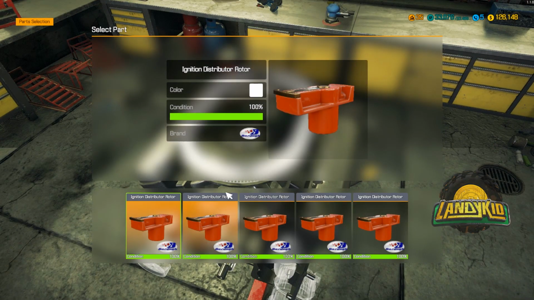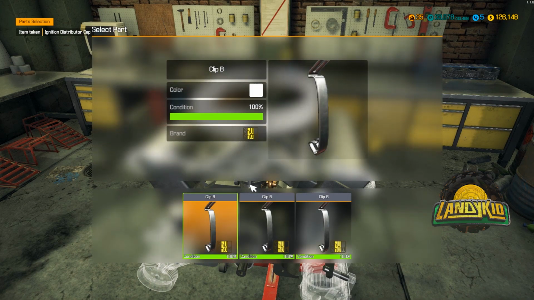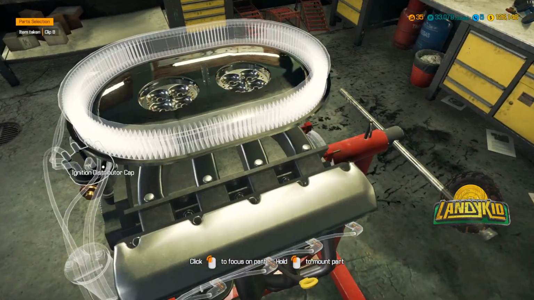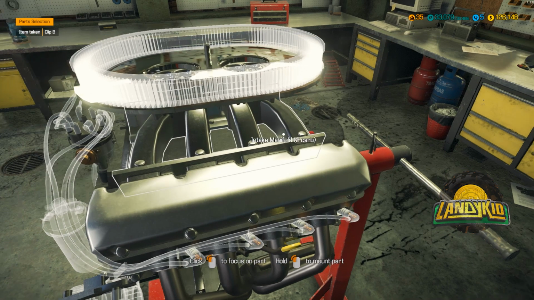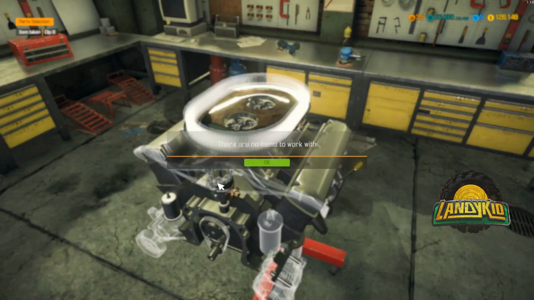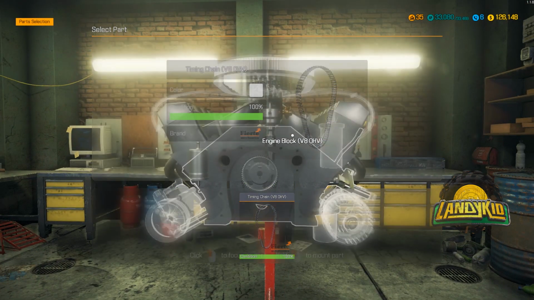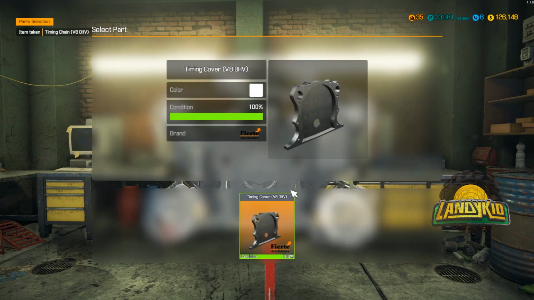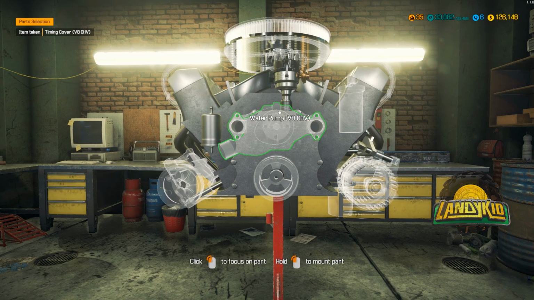Did I already have some? I feel I had some. I always buy an extra one and I've got them. Same with that. The caps, actually. As far as the clips go, yeah. Got one of them. Need some wires. Chain can go on, which we'll be able to put the cover on. Once we've got the cover on, we'll be able to put our water pump on. Once we got that on, we'll spin the engine over